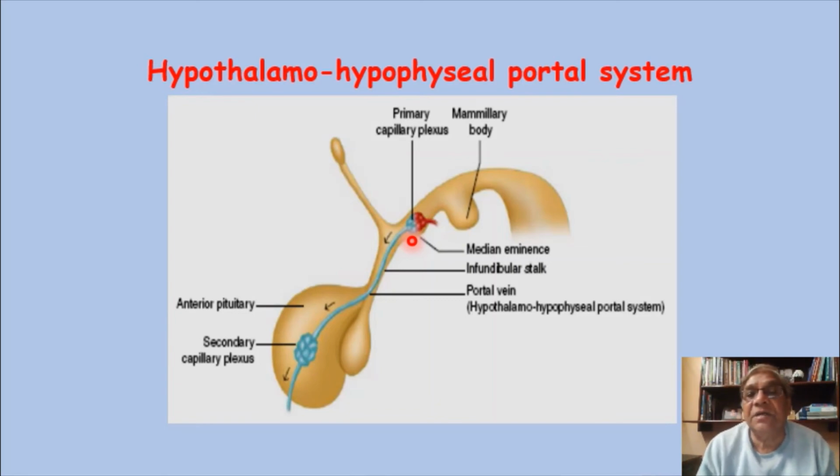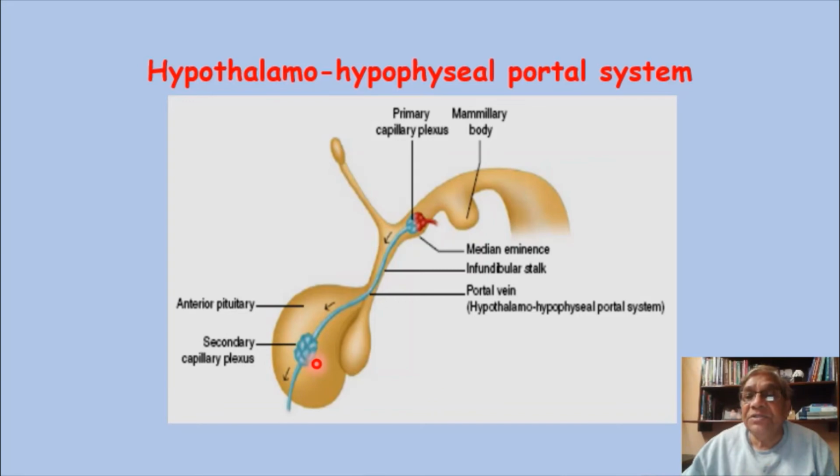The function of this is that whatever secretion comes out from the infundibular nucleus is of two types. One is the secretion which stimulates hormones, that is stimulating or releasing hormones, which, when secreted from the infundibular nucleus, will stimulate the anterior pituitary gland cells, which are acidophil and basophil cells, and they secrete different types of anterior pituitary hormones, so that particular hormone will be produced and released into the circulation.